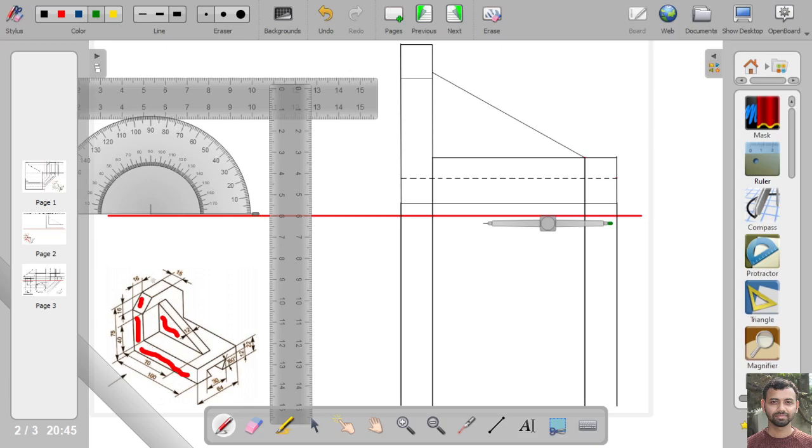When we look from the top, we can see this portion, right? We can see these portions. We can see these portions and this portion, this portion. Okay, we are able to see this part, and this part and this edge. These are the portions we are able to see when we look from the top. So now if we draw it,